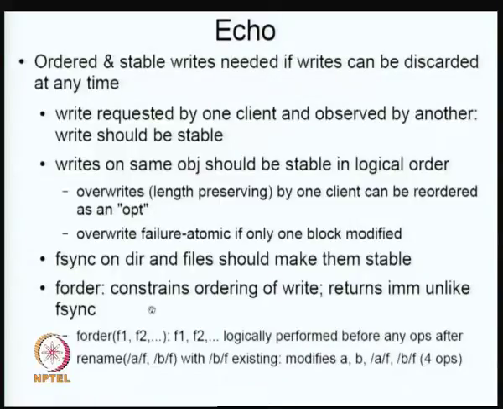Okay. So in a sense, the BSD file system has some notion of order, but it is not available at the application level, because notice that fsync is available at the application level and so is F order. Whereas what BSD is doing is done at the kernel level. It's not available at the user level as a way to constrain things. That means they have to do some specific things on top of this. So it is basically a slightly less elegant solution than having something like F order.